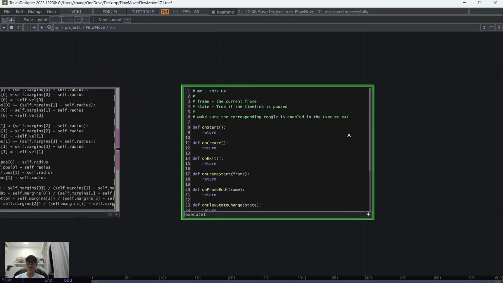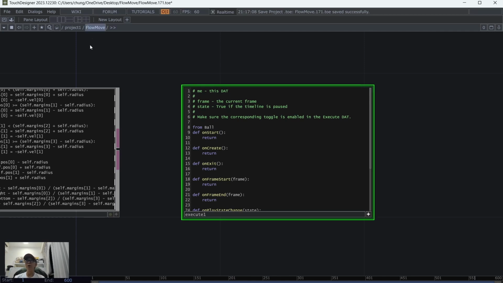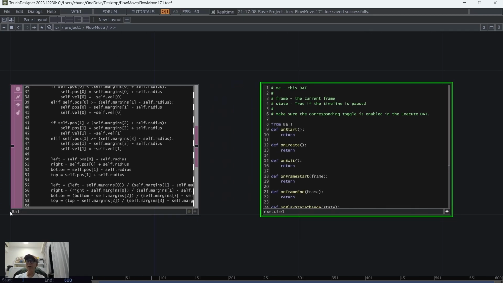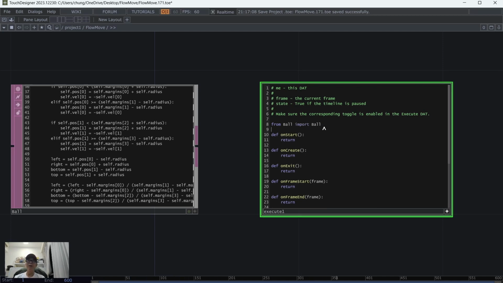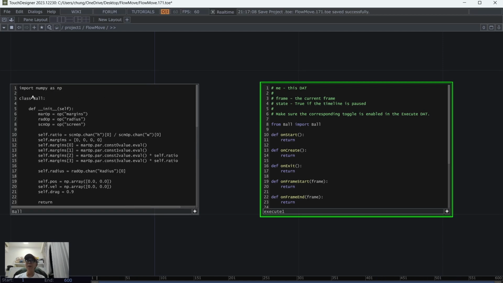So we are going to do from ball, which is the name of this text DAT, and it's actually defining the ball as well, the definition of this class. So we're going to import ball, that is the class here, and with this one we're going to define